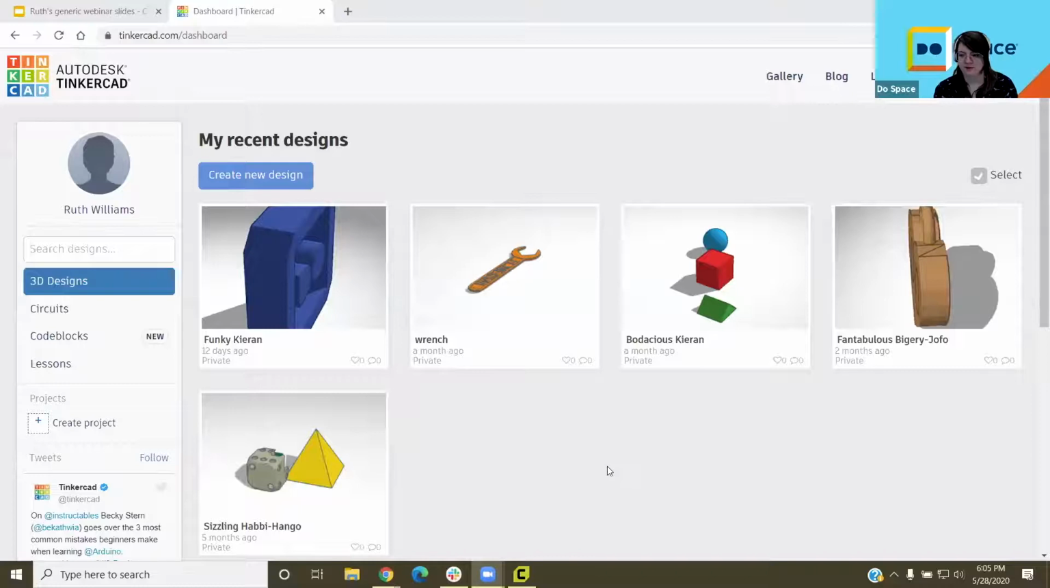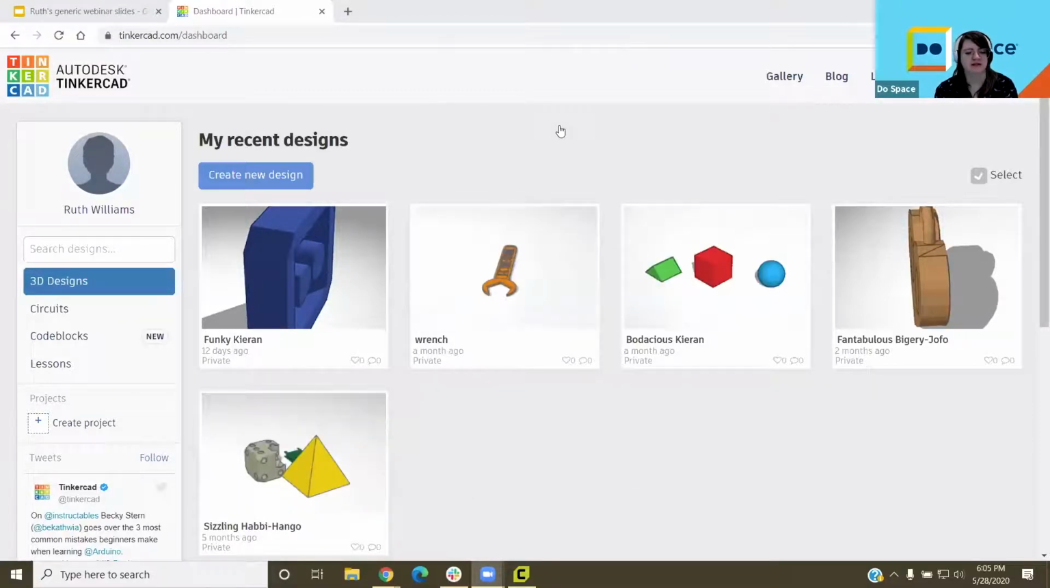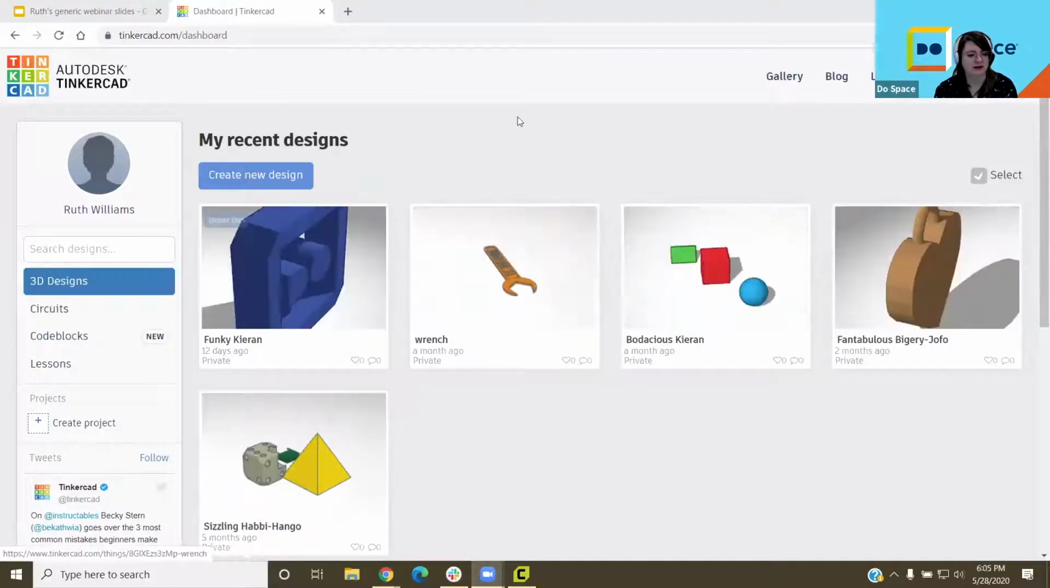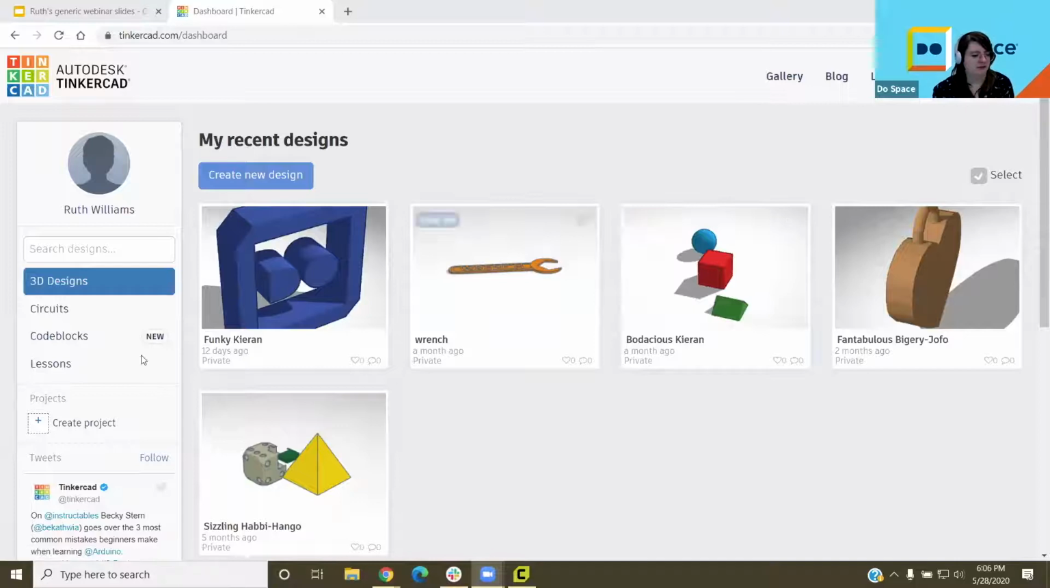So hopefully once everyone is signed in and has an account, you'll see a page like this. If you have a new account, you won't see these right here. You'll see where it's just blank and then Create New Design. This is just a little area for you to start working on designs, but if you notice on the left side here,